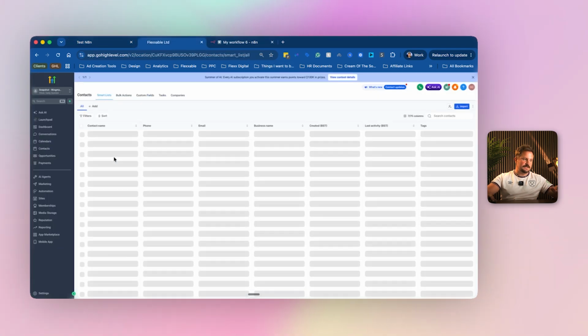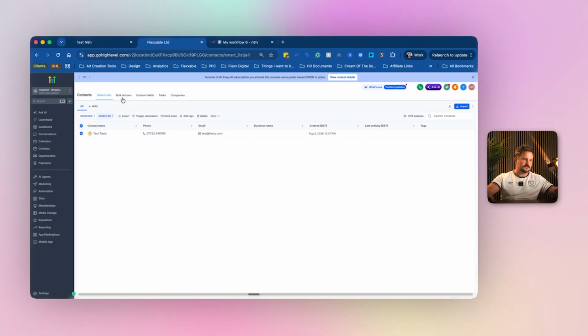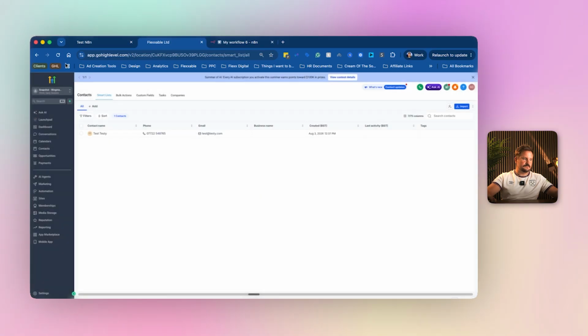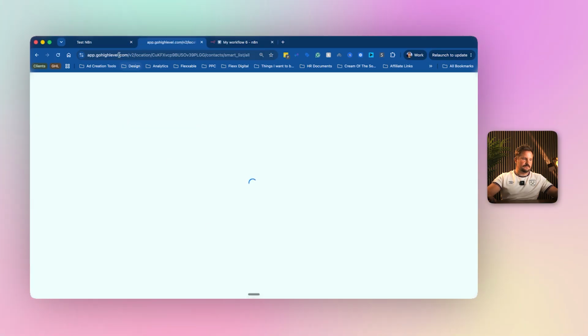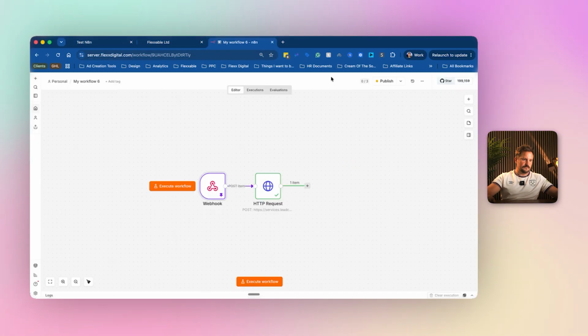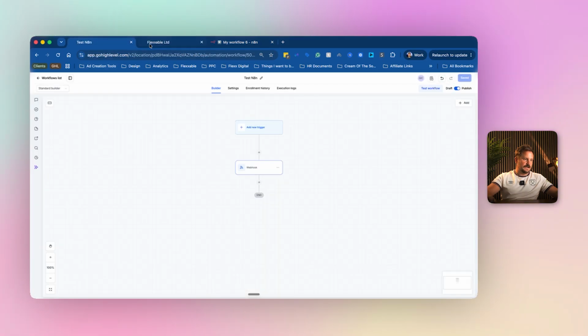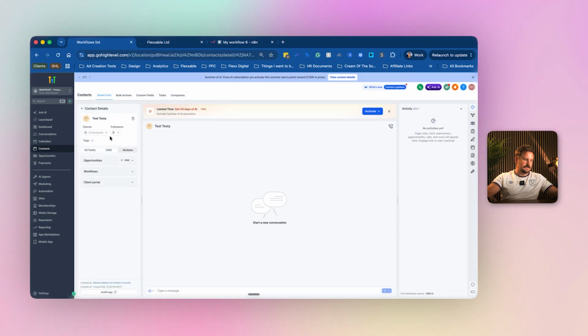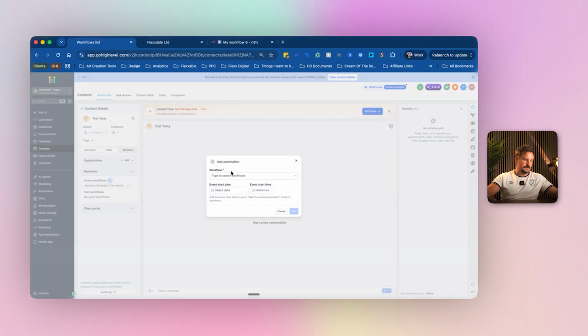So I'm just going to go and delete this lead out of our to account. There we go. Dismiss. And let's refresh to make sure that has gone. Let's make sure this is all published and all good. Publish, publish. So that's all working. So we can go back to our contact. Click in, actions, workflows. Let's go test n8n,